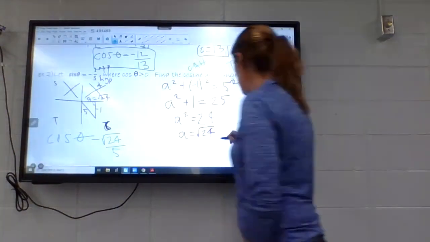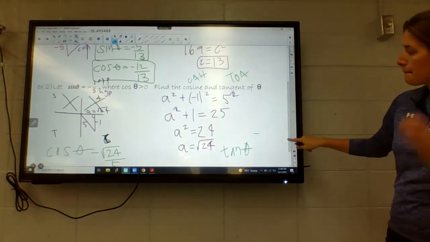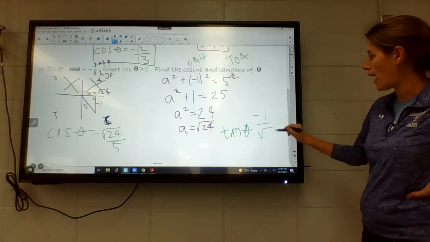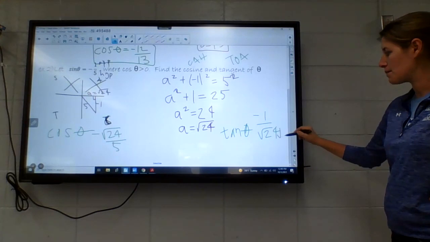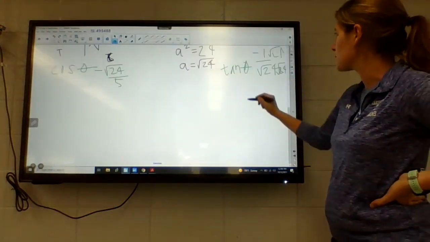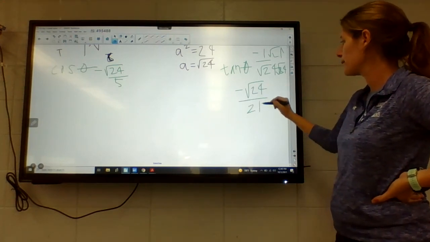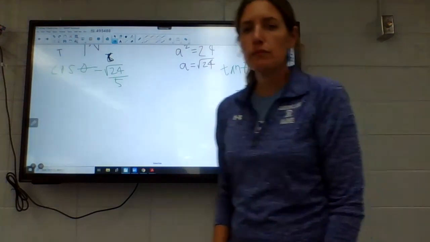And then tangent of theta is -1 over the square root of 24, right? Opposite over adjacent. But remember, we can't leave that square root in the denominator, so we have to rationalize this. So you have to multiply top and bottom by the square root of 24. So it's the negative square root of 24 over 24. And it makes sense that tangent should be negative in that quadrant. Okay? All right. Why don't you guys grab